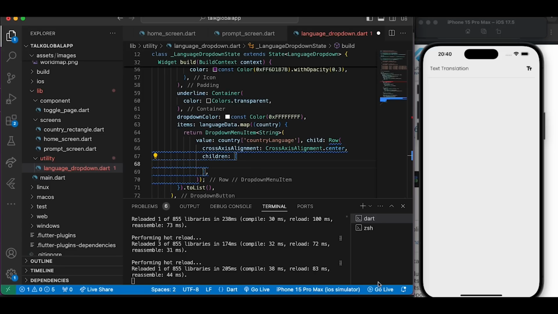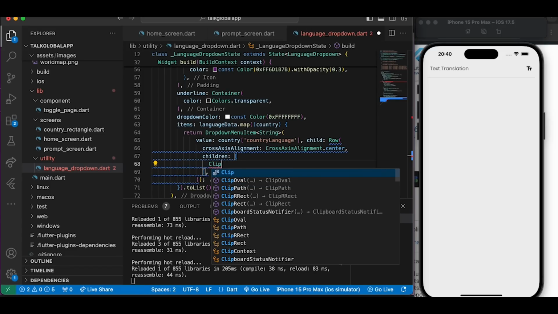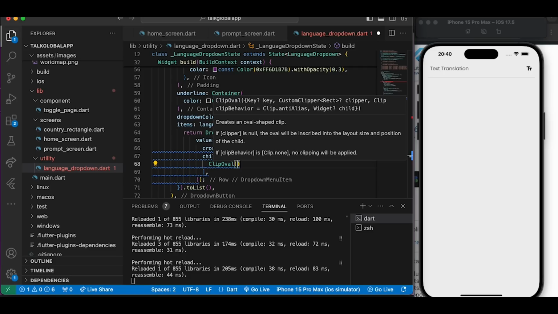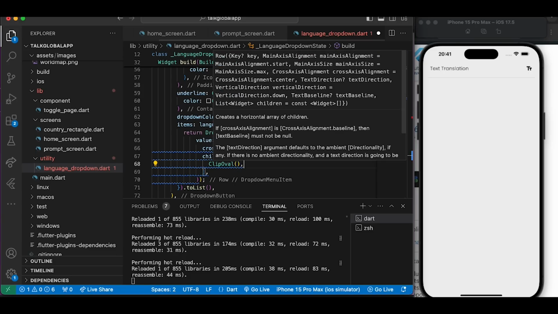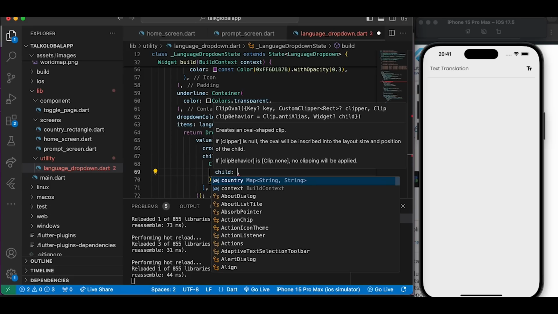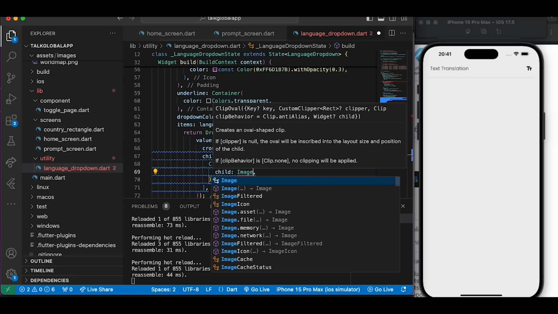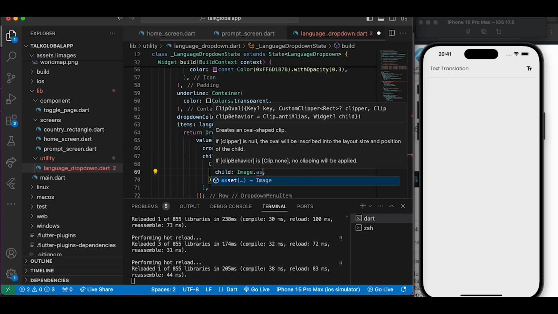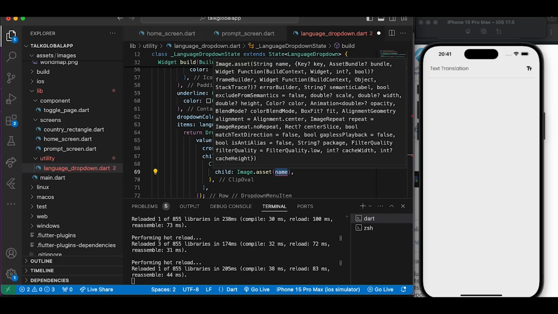So let's do that. We'll make use of the clip oval widget, and inside that we'll make use of the child property, and then we'll make use of the image dot asset